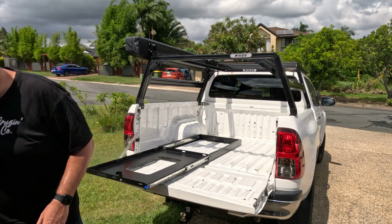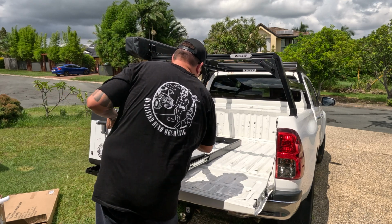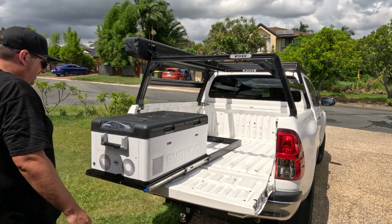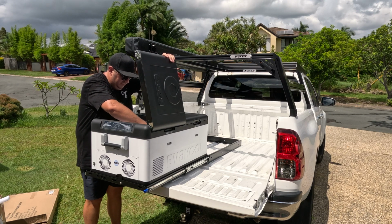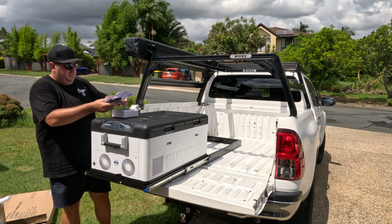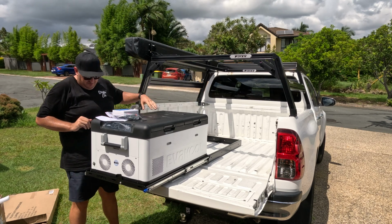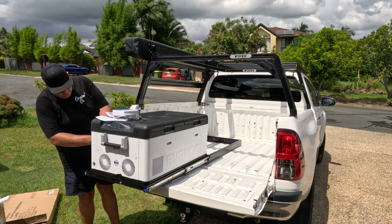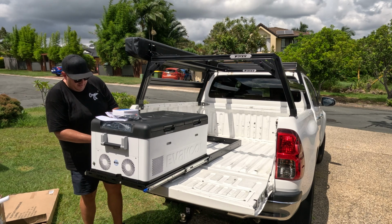Not bad. Time to put the fridge in. That is a snug fit. Got power plugs, adapters, no straps. Something that we do have that I haven't really talked about yet. Very, very hard to get. That is